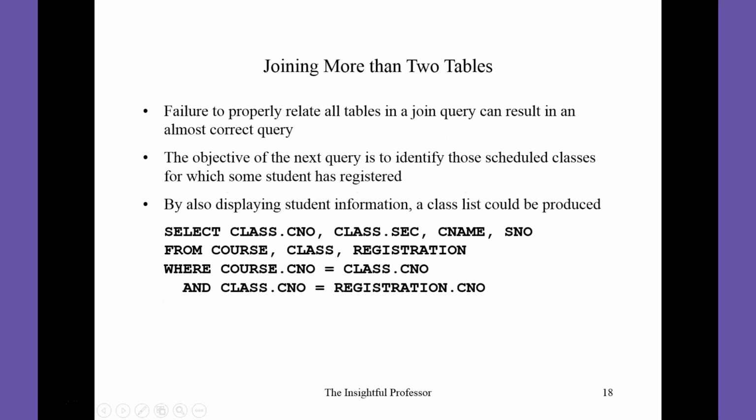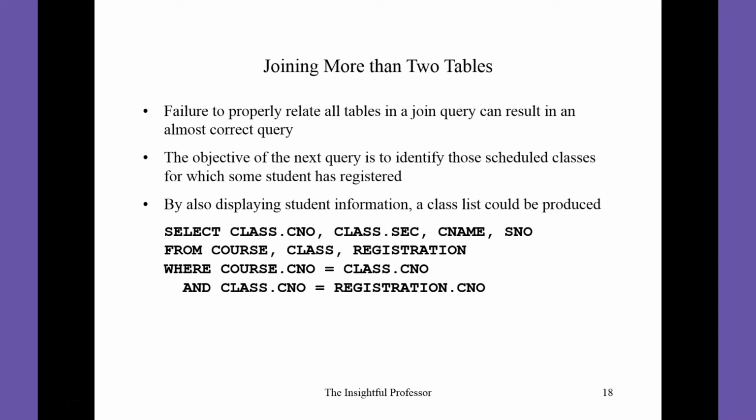When joining more than 2 tables, it's very important to pay attention again to the semantics. I know you're getting tired of hearing me say that, but failure to properly relate all of the tables in a join query could result in a query that's almost correct, but not quite. The objective of the query we're showing here is to identify the scheduled classes where students have registered for these